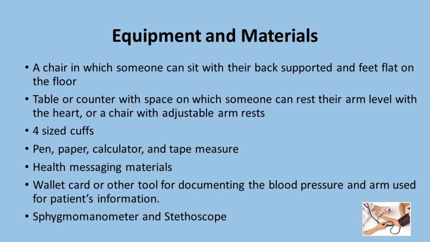The upper arm should be at the level of the heart, mid-sternum. Have four sized cuffs readily available, plus pen, paper, and a calculator for averaging readings. To calculate the average of two readings, add the systolic numbers together and divide by 2, and do the same